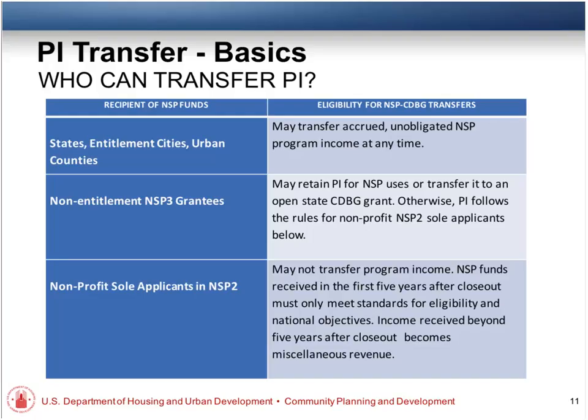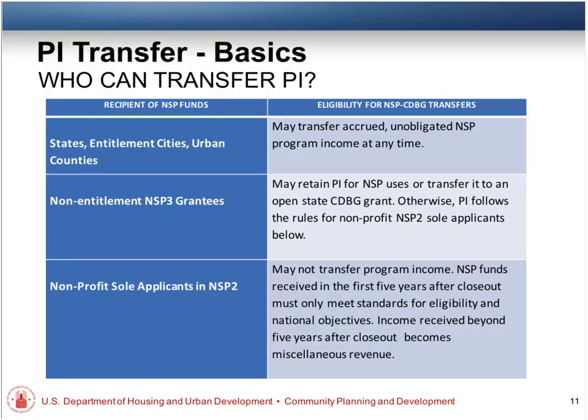After that 5-year period, if you're still receiving program income after 5 years, then that money is called miscellaneous revenue. And that is basically exactly what it sounds like. You can use that for anything that you want. This comes right out of an OMB rule about nonprofits. And so, I don't know how much of that money is going to survive that long. It'll be interesting to see.